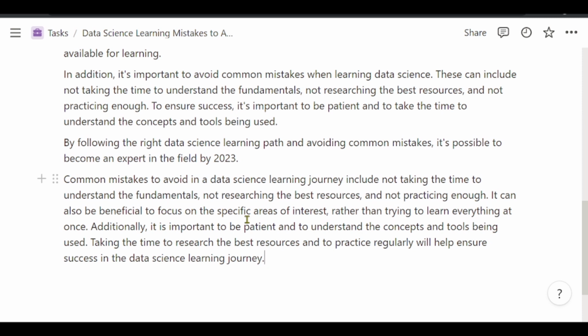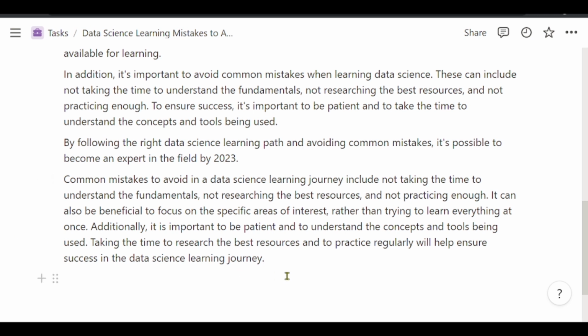So you should get to understand at the beginning of your learning which domain you are interested in, so that you can focus on that domain, because data science as a whole is very broad. So that's why in your data science learning path, you should focus on the specific areas of interest rather than trying to learn everything at once. Additionally, it is important to be patient and understand the concepts and tools being used.